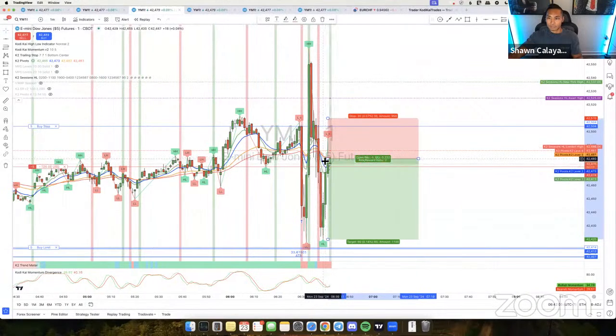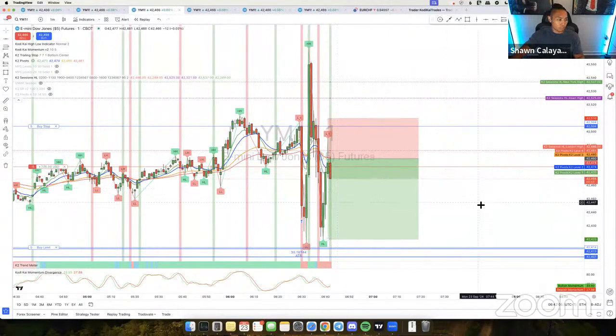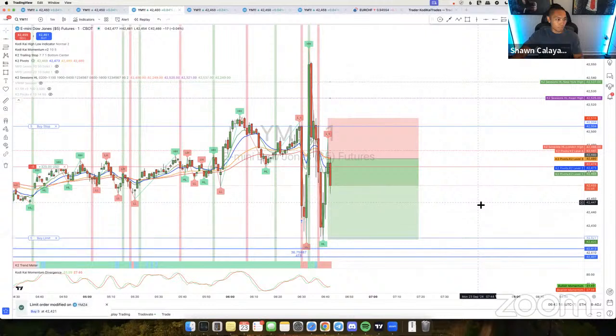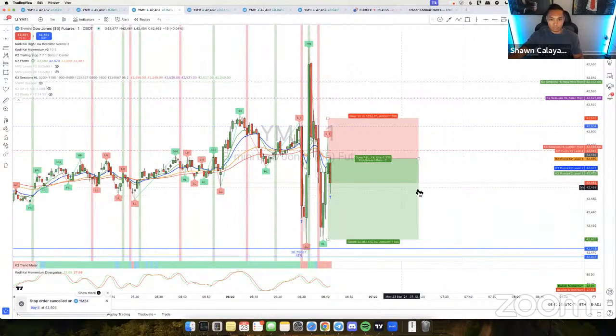Sorry, I was unprepared for this right here. So I'm in the position right now. The entry isn't where it should have been. I guess I'd move my stop loss up a little higher, and my TP up a little higher. You know, I'm just gonna get out of this position, guys. Sorry, I had to get out of it. I didn't do this position properly.